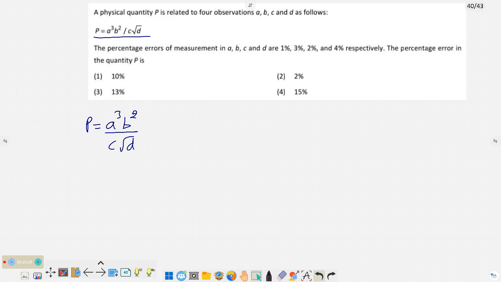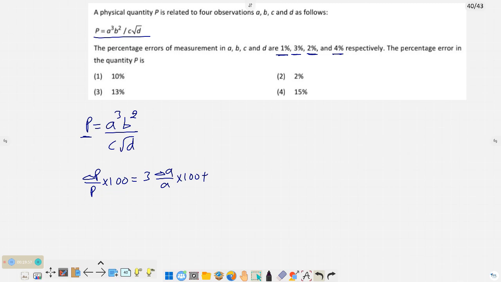So they are asking the percentage error in the P value. If the percentage error in the A value is 1%, B value is 3%, C value is 2%, and last D value is 4%. So you know the formula for this one: percentage error is delta P by P into 100. In this case, A value is raised to the power 3, so the error is also repeated 3 times, that is 3 times delta A by A into 100